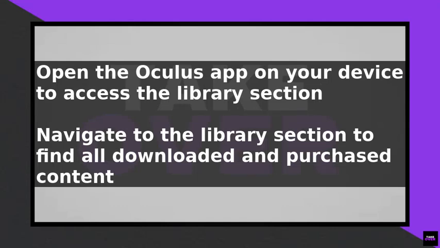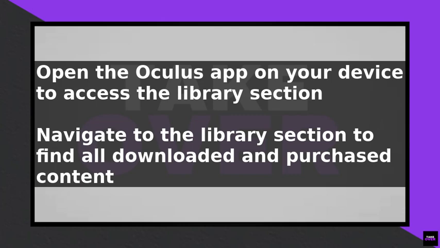To see your videos on the Oculus app, start by opening the Oculus app on your device. Once the app is open, navigate to the Library section, where you will find all your downloaded and purchased content, including videos. In the Library section, click on the Video tab to view all the videos you have stored on